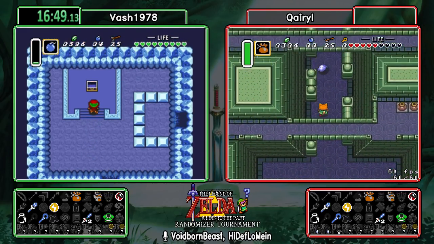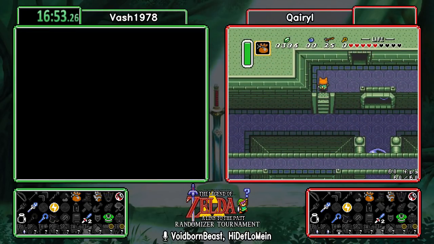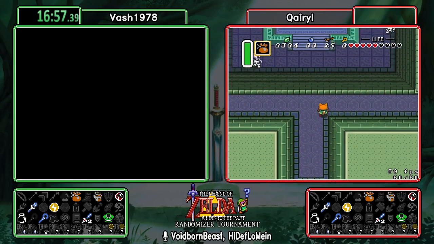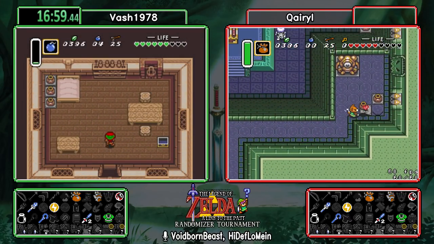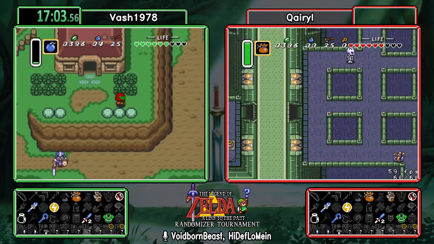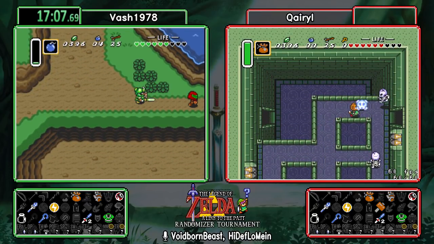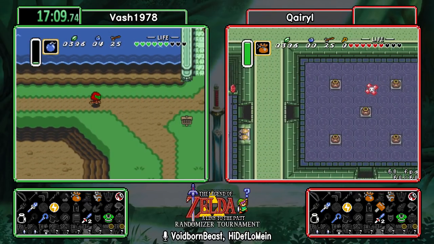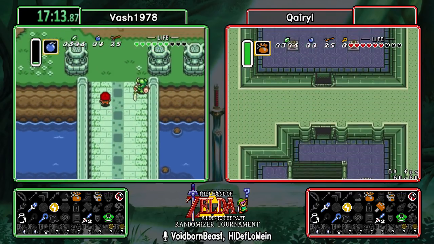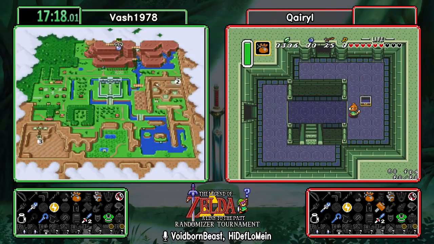I'm just always going to be talking when someone finds an amazing item. We have Hammer in the first chest of Eastern. So that's the aforementioned Dark World access. Yeah, it looks like they're all set. Would be surprised if Qairyl didn't